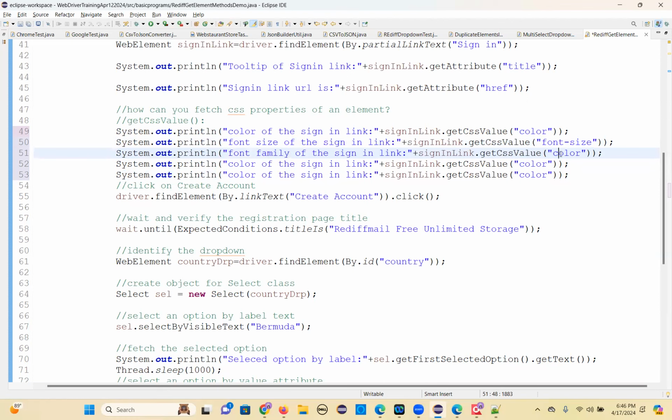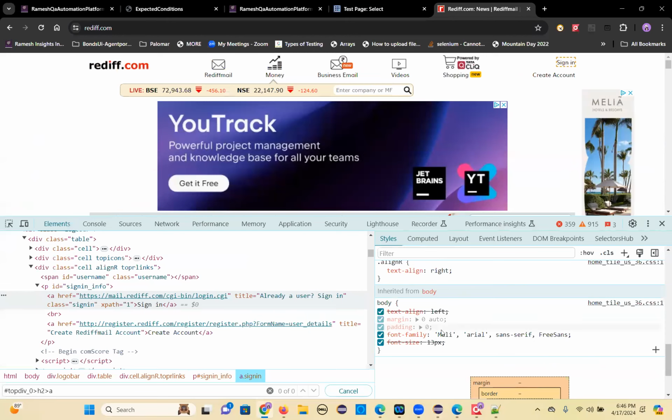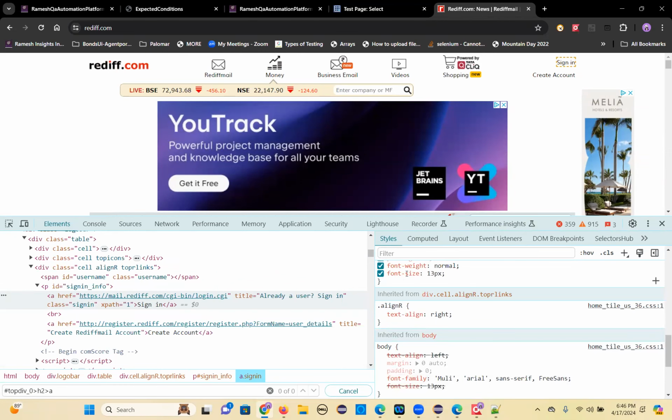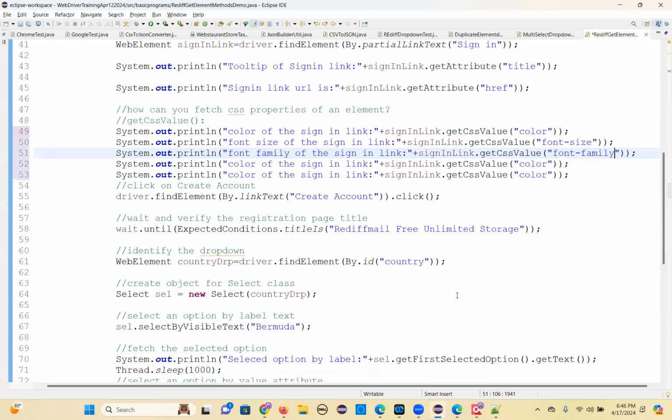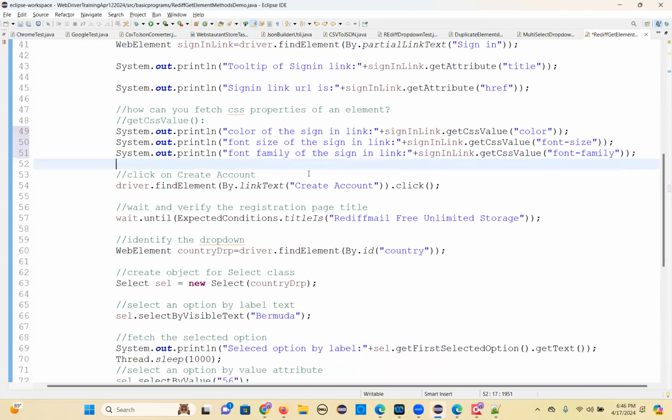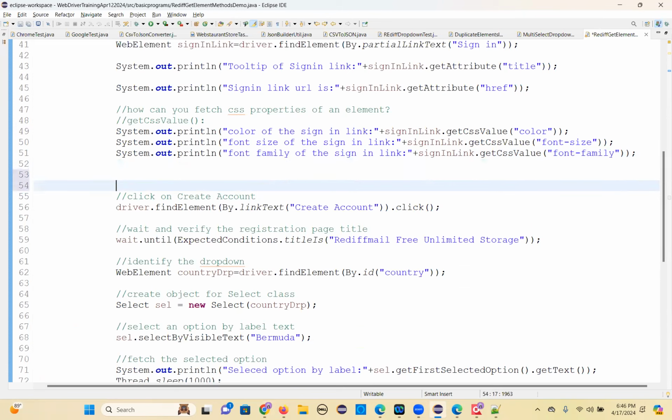You can give font family as font hyphen family. How do I know this? I'm seeing it here, see, font hyphen family, font hyphen size. I'm checking here and giving it here. I'm not making up my own. Okay, that's enough. Next, fetch the tag name of